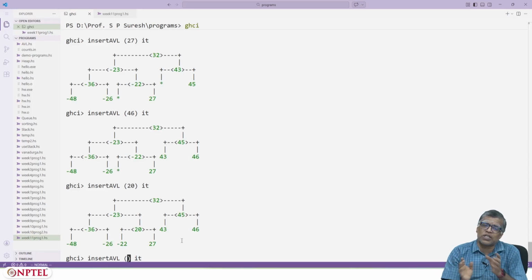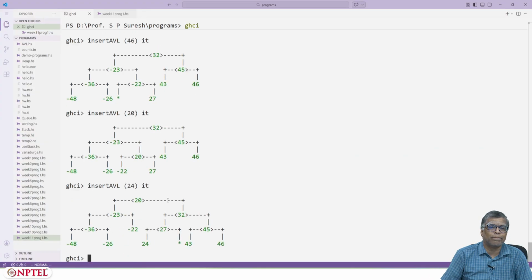So some wholesale changes have to happen now. In fact, your root itself will change. 32 will no longer be the root. Yes, indeed, 32 is no longer the root, 20 has become the root, because you have to left rotate the left subtree and right rotate the overall tree. That's what has made this happen.